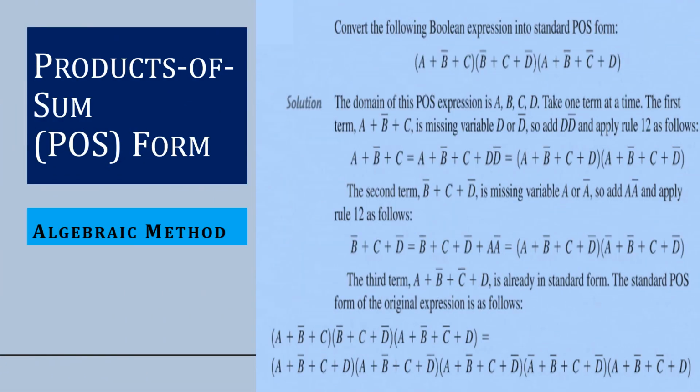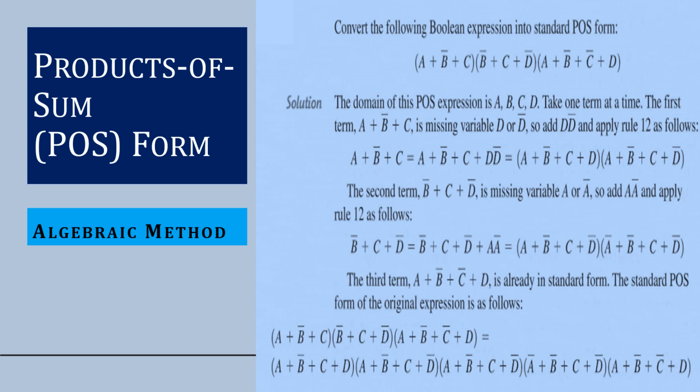Let's look at another example. We are given a plus b bar plus c into b bar plus c plus d bar into a plus b bar plus c bar plus d. So here the domain is a, b, c, d. We take the first term, a plus b bar plus c. The d term is missing, so we need to add d into d bar to that term. We'll get a plus b bar plus c plus d into a plus b bar plus c plus d